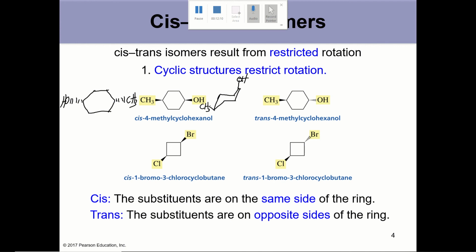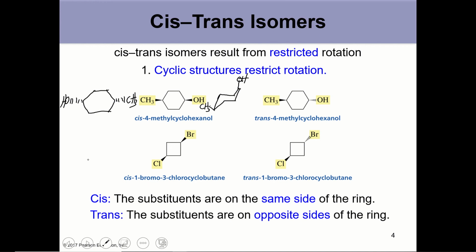Okay. Other examples of cis rings, we have cis-1-bromo-3-chlorocyclobutane showing two solid wedges. So two substituents on the same wedge type, we're going to have a cis configuration. If we have two substituents on different wedge types, then it's going to be trans. So a solid wedge with another substituent on a hatched wedge, that is trans. And as we learned in lab today,